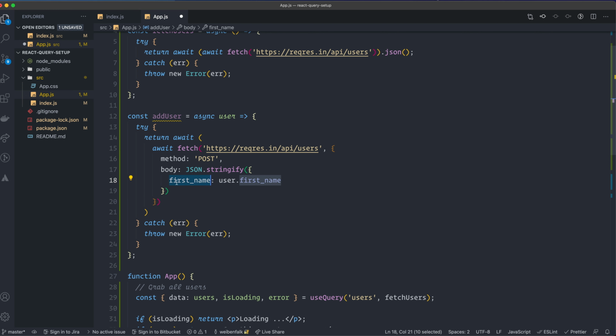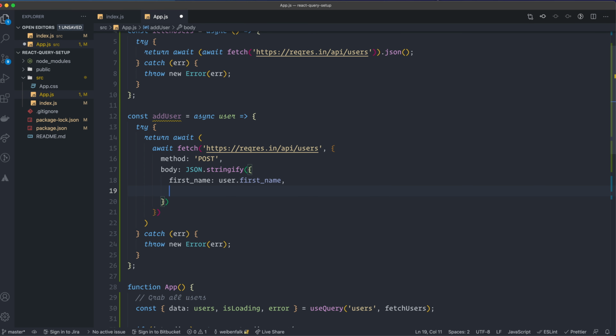It wants this one here that's called first_name. And from the user that I'm going to send into this one, it's going to be an object where I provide it with the first name and the last name. I grab the first name for that one. I actually don't like to use underscores like this, but the API is structured this way, so it uses underscore. So that's why I use it here also. Otherwise, I want to use camel casing instead. last_name is going to be